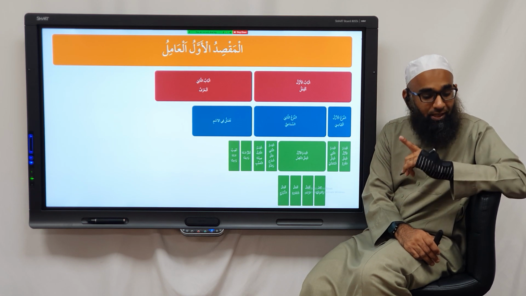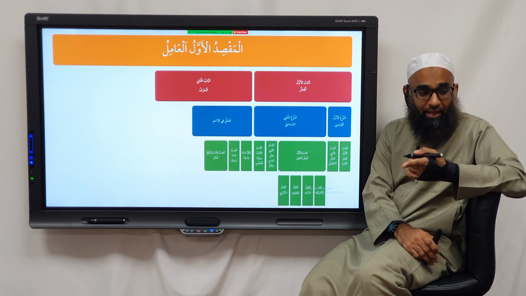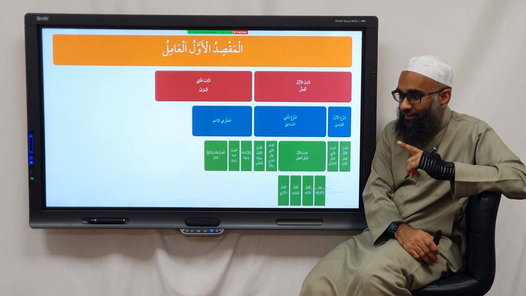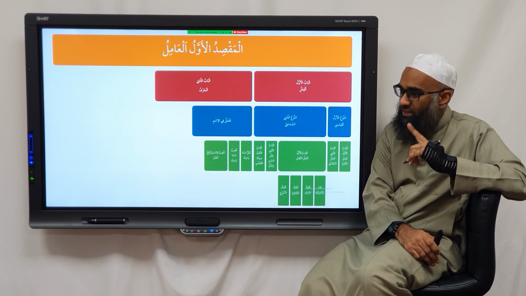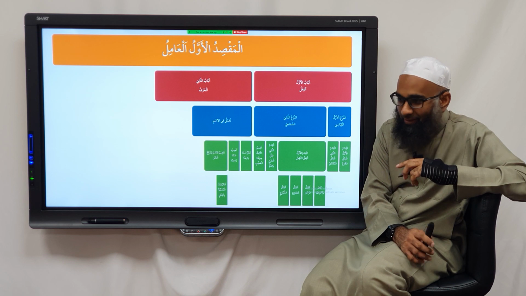Harfu mushabbahun bil fa'lan, la li nafil jins. Good. And then it either makes the ism marfu and the khabar mansub, which is al huruf al mushabbahatu bil laysa, for example ma. Good.